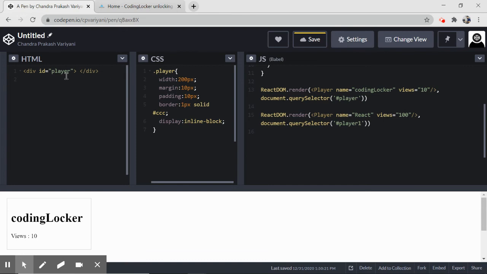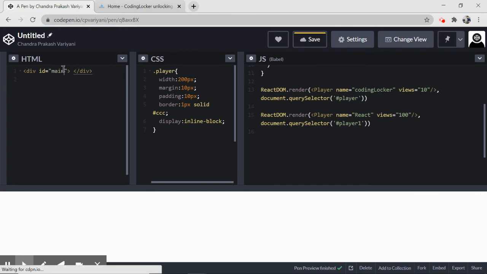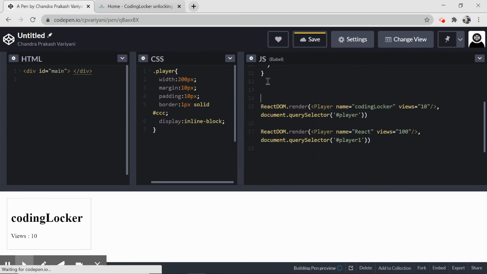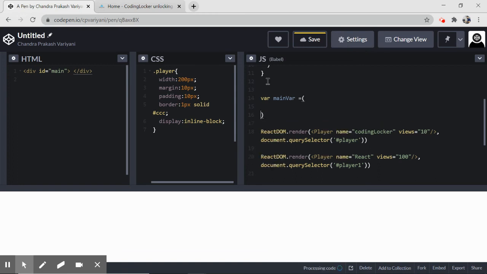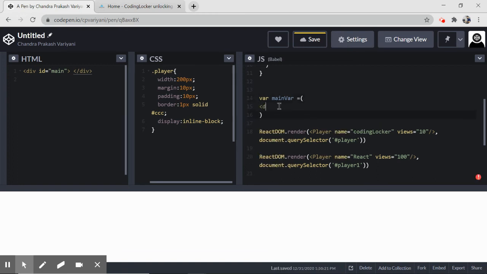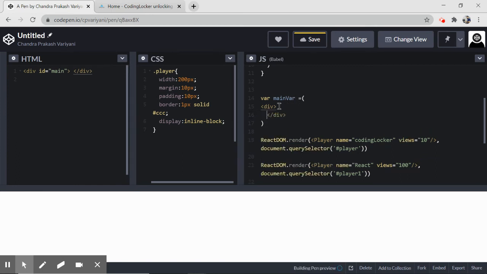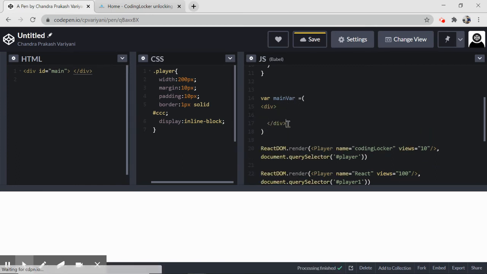Get rid of this div, create your main div, and here you will create a main variable, anything you can create here, and then inside this you have to enter these JSX elements. One very important thing: everything needs to be added inside this main div. Only then your components will be loaded.